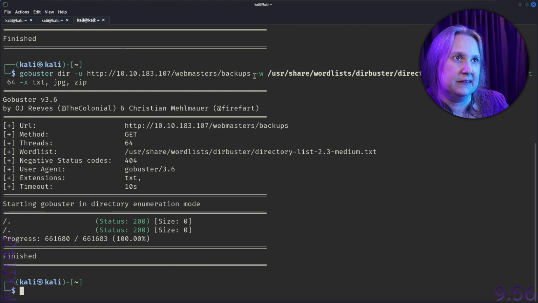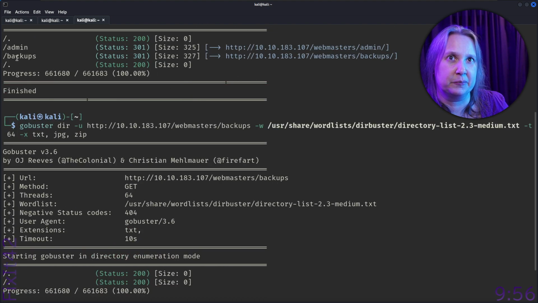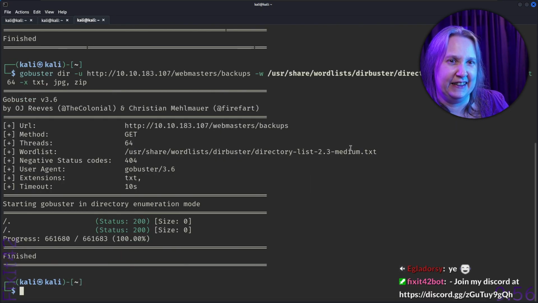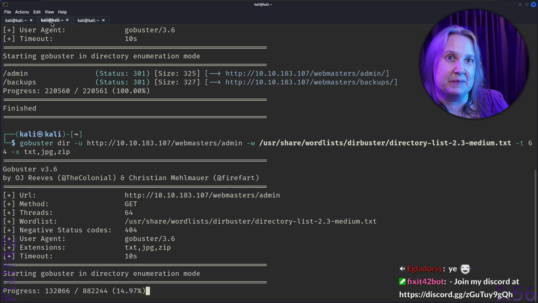Let's look at this. This is Webmaster's Backups, and I did spell it right. Better check. And we didn't find anything, though we had these with spaces. So please, chat, tell me it's okay to have spaces, right? I didn't miss something there, so it's not looking for spaces in the file name, because that wouldn't work very well. And now I did the usual way, typing them for the admin directory.